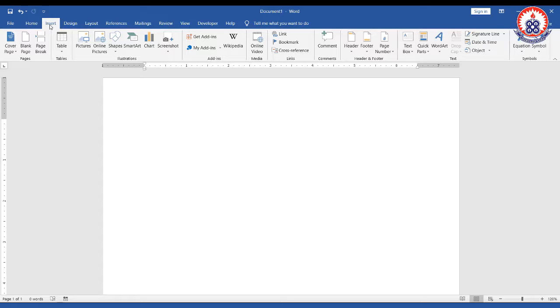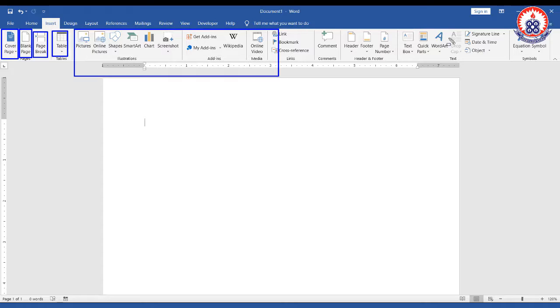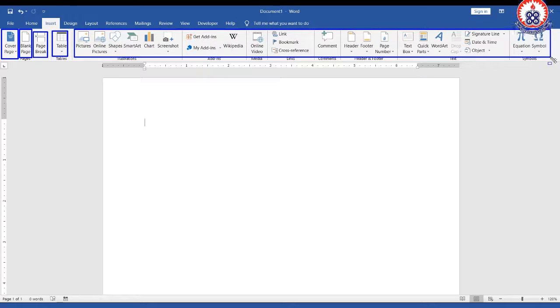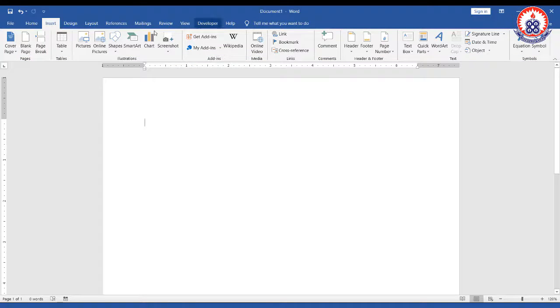On the insert ribbon, we can see some of the commands here: the add page cover, the blank page, the page break, table, and in fact we have a lot here up to the symbol. So now to the work, for the purpose of the course, what we're going to treat is mainly the basics, and those are